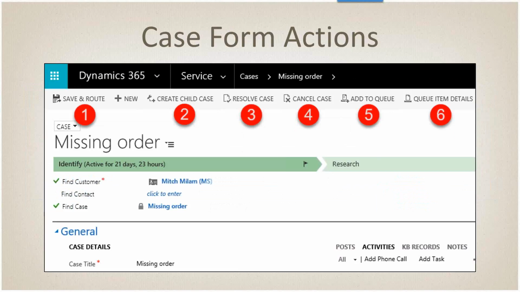From the form, we can save and route. So what this does is, say that scenario I just outlined, I am the customer service intake coordinator. I open this up, I read the email. Oh, you are missing a piece to your order. I'm going to put this into the orders queue or something like that. And what I'll do is I will save the record and route it, and it will automatically apply the routing